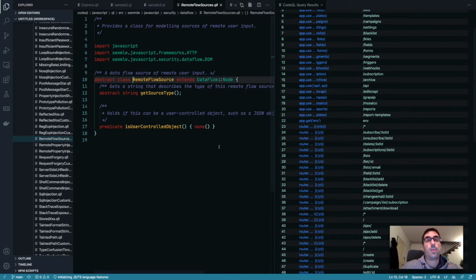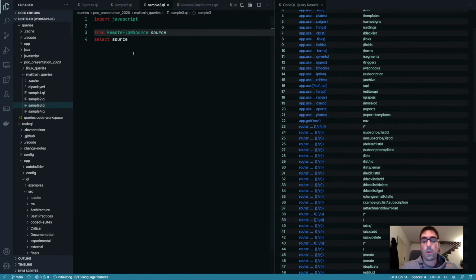It can be a little bit tricky, but because of the way the QL language is implemented, any class that implements this particular class is going to give you results. That means that if we use it, we are going to get all the other implementations for free automatically. So if we run it,